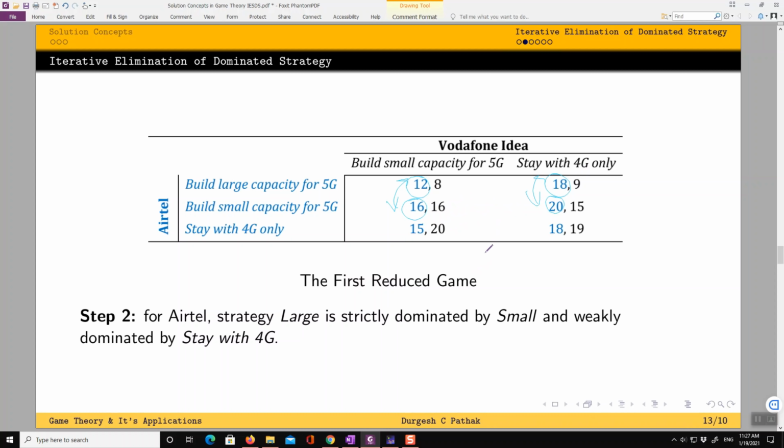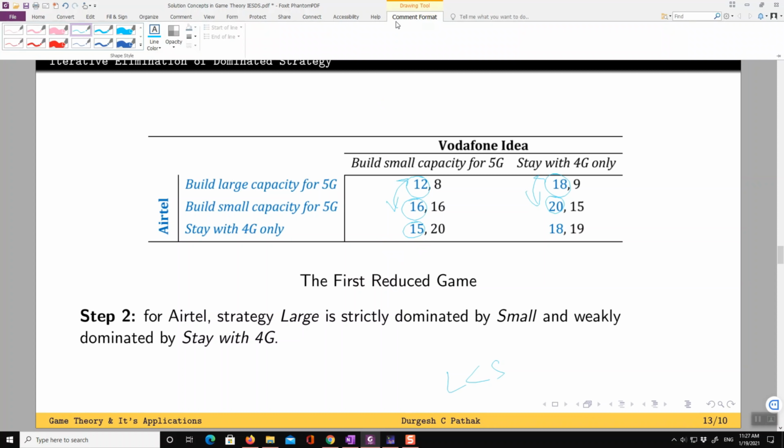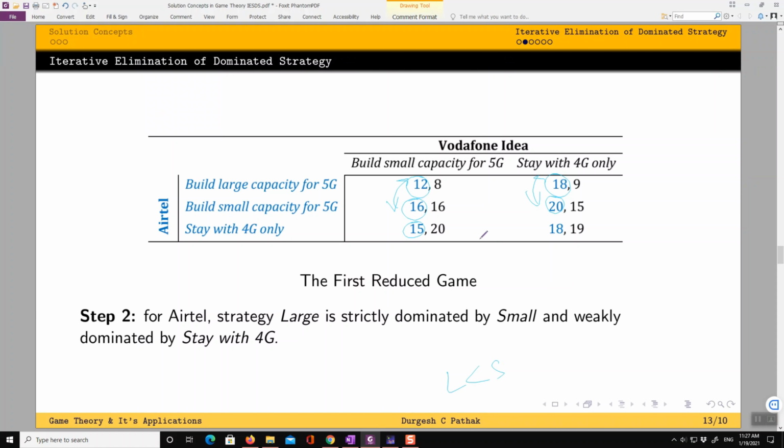So in this situation we realize that large is being strictly dominated by small, and if we compare staying with 4G and build large, then this is giving 15. Let's change the color. This is giving 15 while this is giving 12. So this is dominating, but this is giving 18, this is giving 18, so this is equivalent.